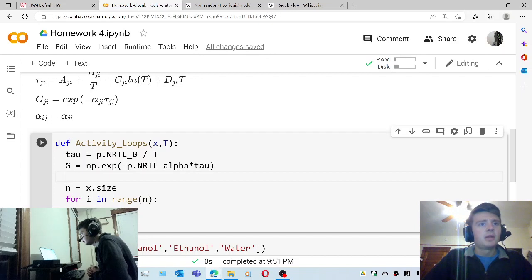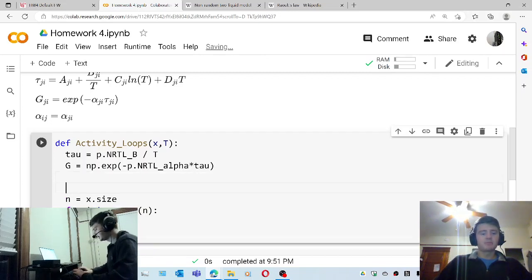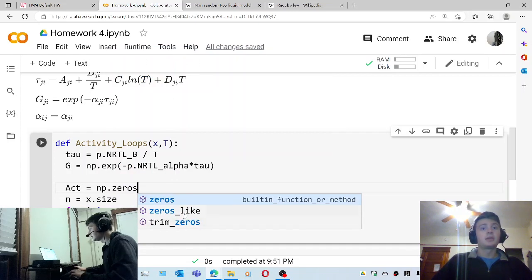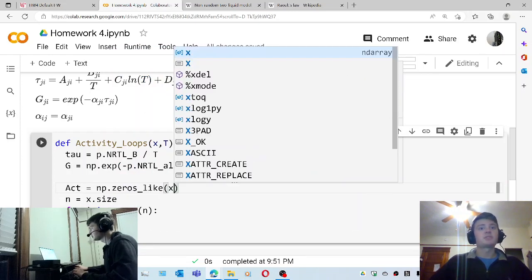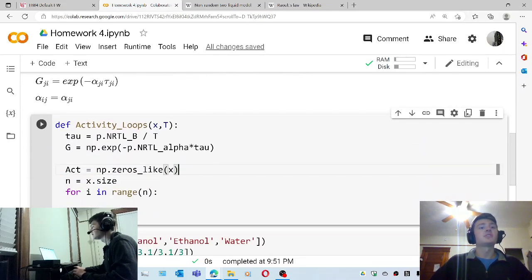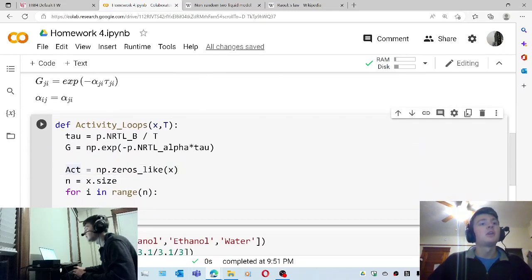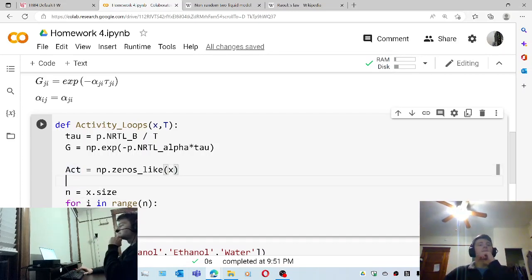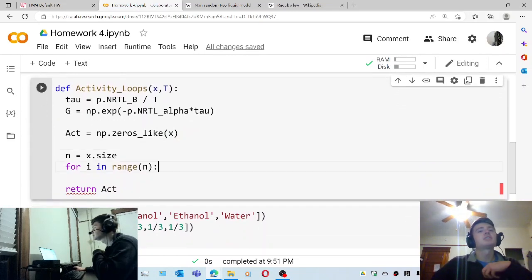But anyway, I've got this tau, g, n. What do I want to do from here? Well, let me go ahead and maybe define act as just a bunch of zeros. So zeros like x. So the activity coefficient is just going to be an array of, in this case, three values, and those are the three activity coefficients, and that's what I'm going to return at the end of the function. I'm going to have a few other blank variables like this, but for now, let's just continue on